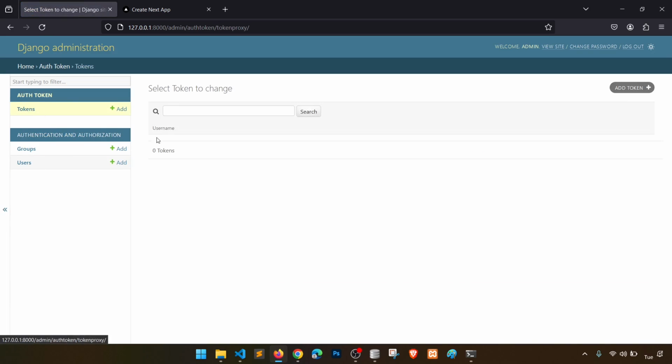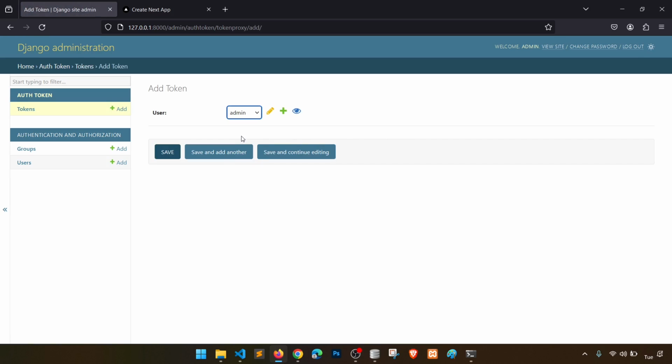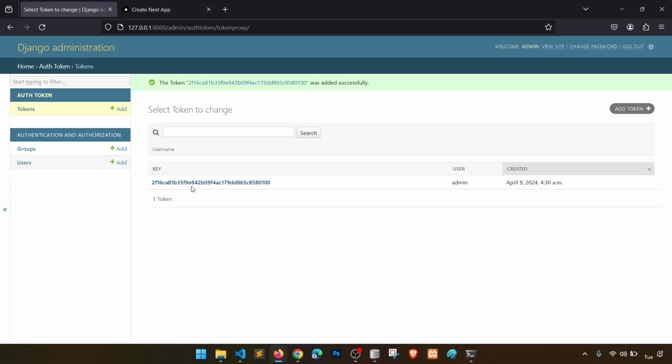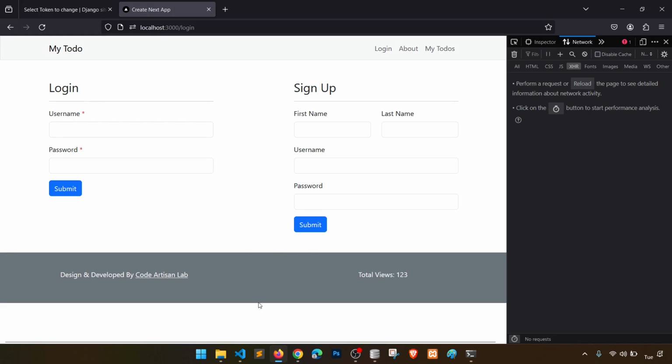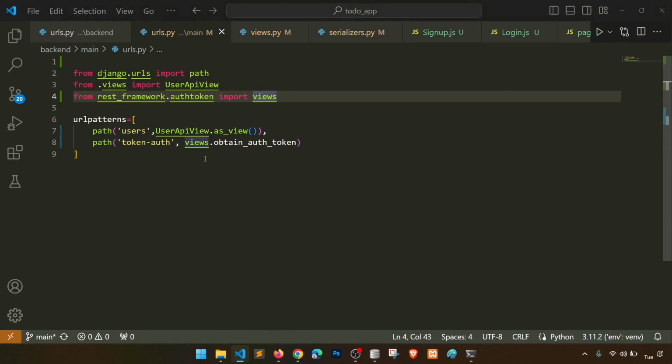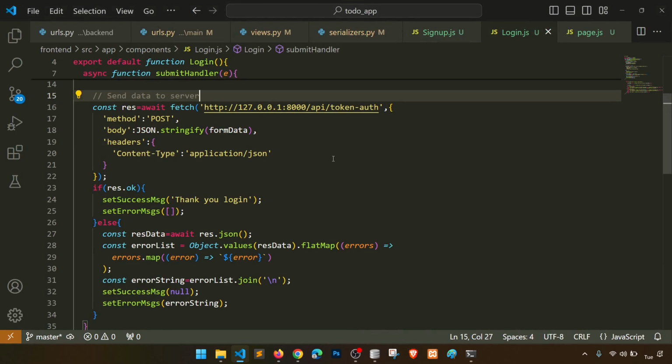And let's go to token. So we don't have any token, we will create that. We will add the functionality that how this token will auto generate when we sign up the user, but let's create one token for the admin. Save. So this is the token, and let's put the username and password for this user, and we will see what it is returning, right? So the URL will be this, copy, and URL is okay,